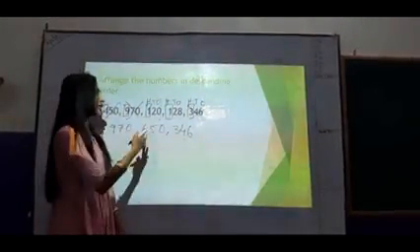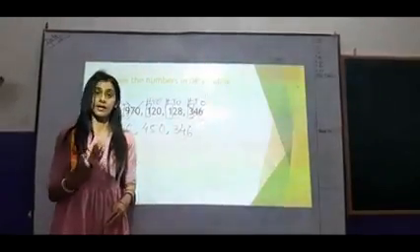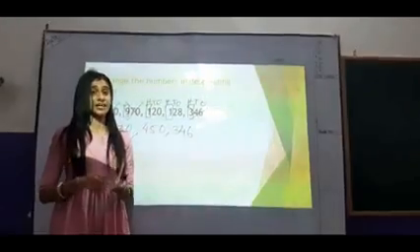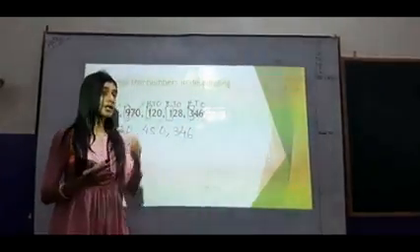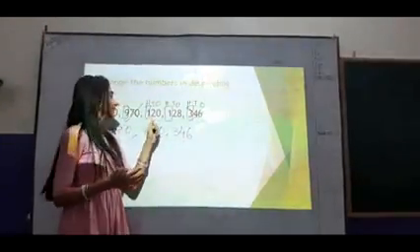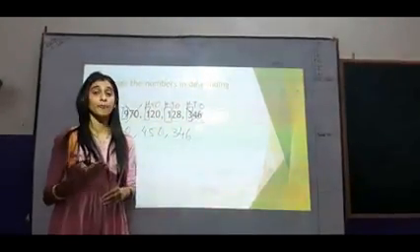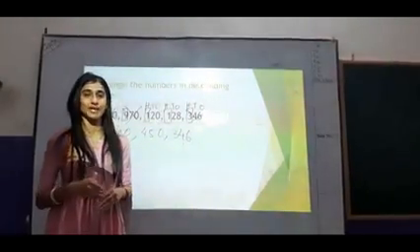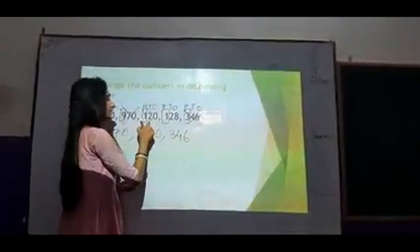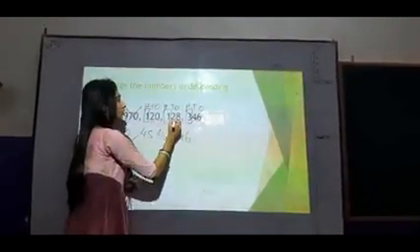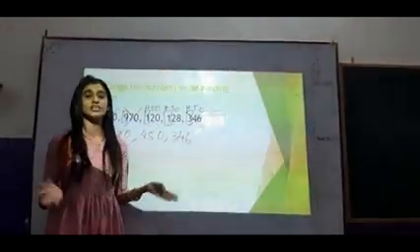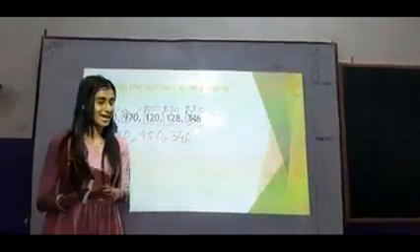Check. Both are starting with 1. So in this case you have to apply trick number 3. What was the rule? When you find the digits in the hundreds place are the same in both numbers, what do you have to do? You have to check the tens place, right? So here in the tens place it is 2, here also 2. So next rule, in the tens place also the digits are the same, you have to check the ones place.